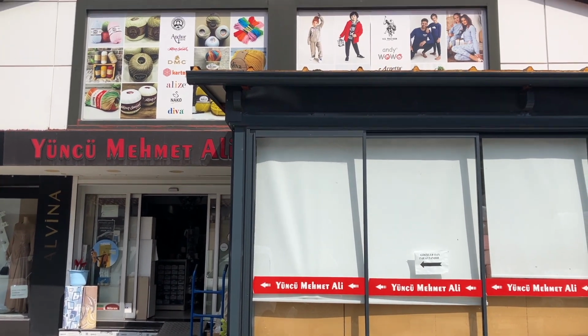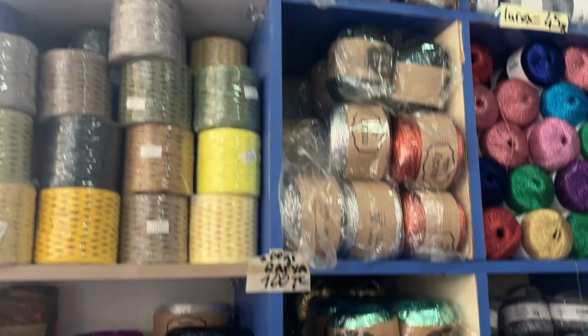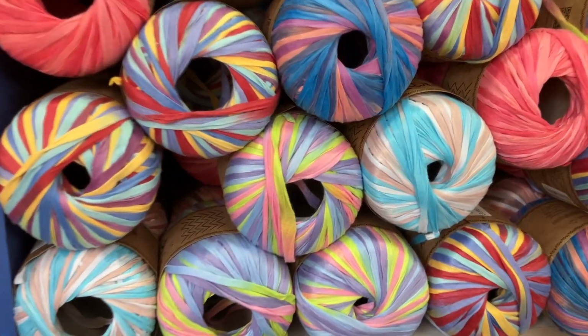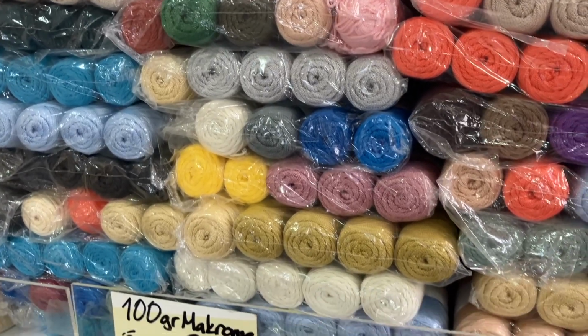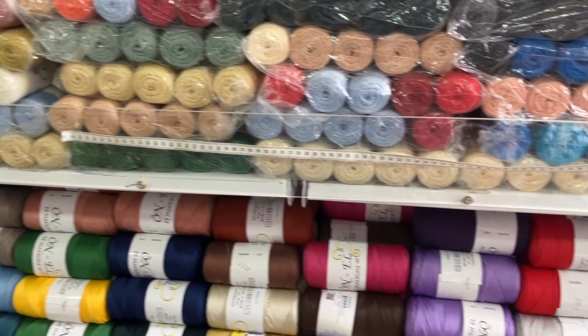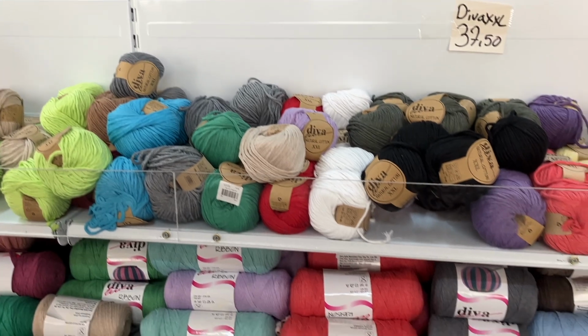So first of all, on my first day, we went to my favourite yarn store ever. If you guys have seen my other social media, you'll know that I don't actually take yarn with me to Turkey, purely so I can buy as much as I physically can to bring it home with me. This yarn store is really deceiving because it looks quite small on the outside, but there is so much in here, and there are so many different types of yarn as well, so it's not just standard cotton or acrylic,